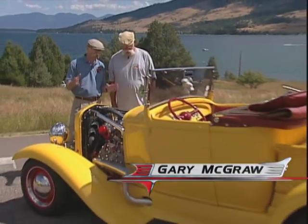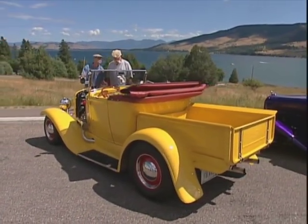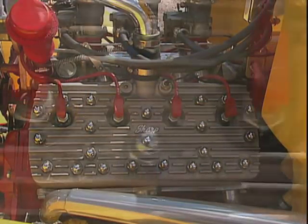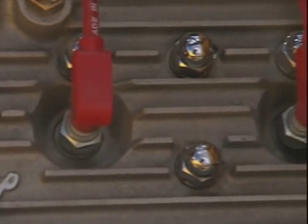Well, Gary, now we're talking old school. This is a hot rod. This is old school here. And the Flathead, what a great choice of engines. Yes, that's the ultimate hot rod engine to me. Now, this car you were telling me has been sourced from far and wide. What all are we looking at? Different years, different...